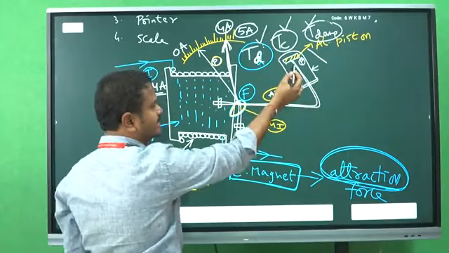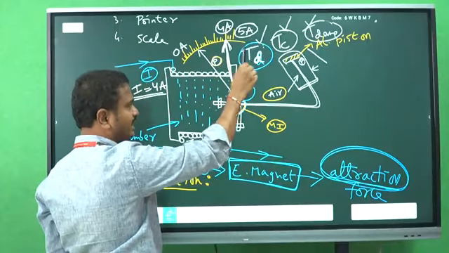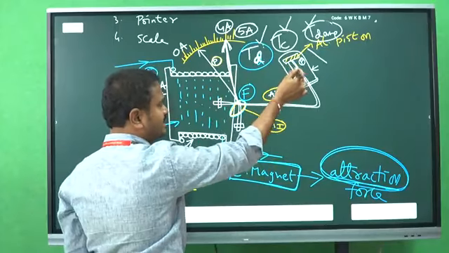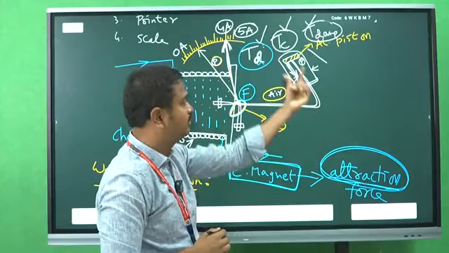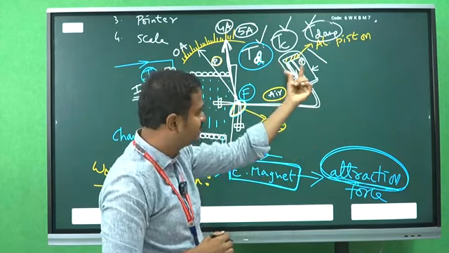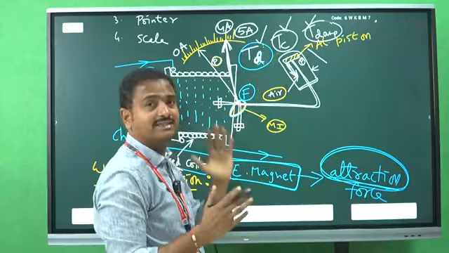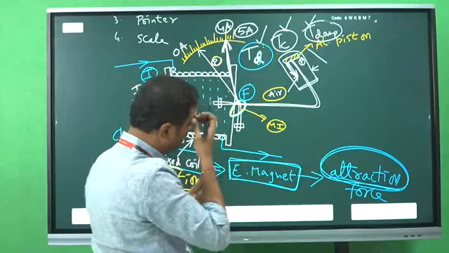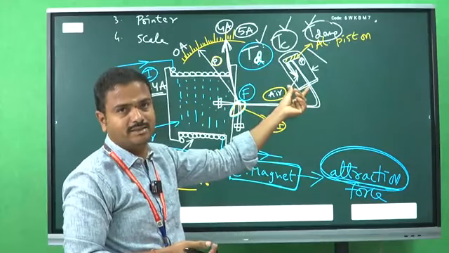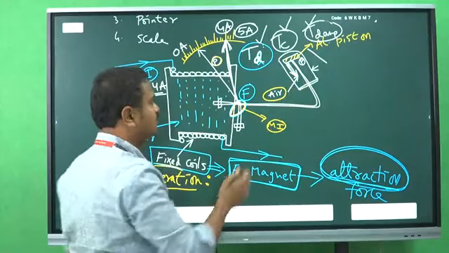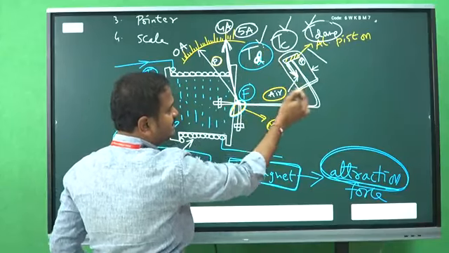Here the aluminum piston is connected to the pointer, right? Whenever the pointer is moving on the scale, immediately the piston inside the closed chamber or closed vessel will also be moving, right? So whenever the piston is moving, immediately the air inside the chamber gets tensed. That means air friction is more and more. Clear? That means the air is pressurized. The pressure of the air is more and more increasing. So the piston is moving towards the second end of the chamber. Now the air gets pressurized.